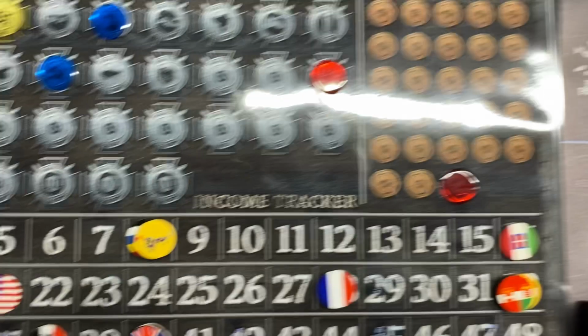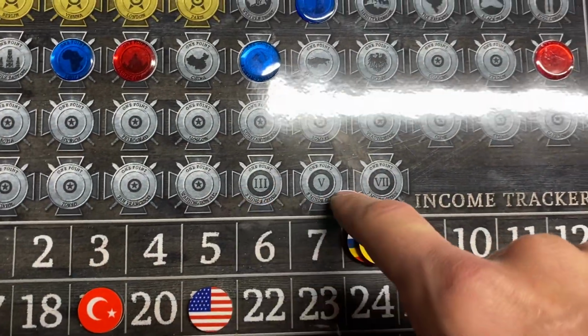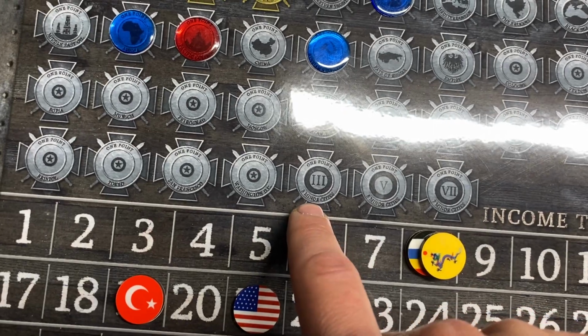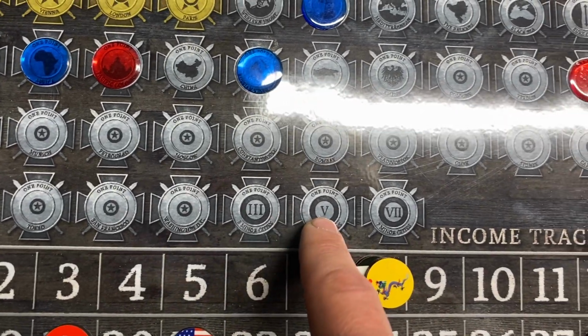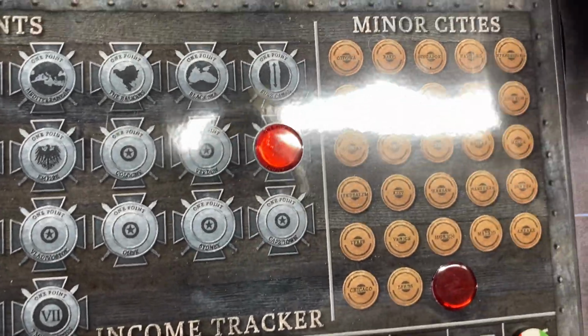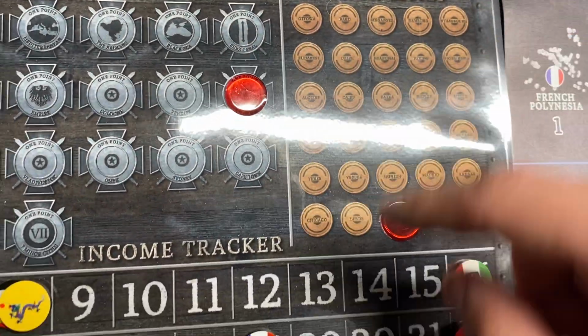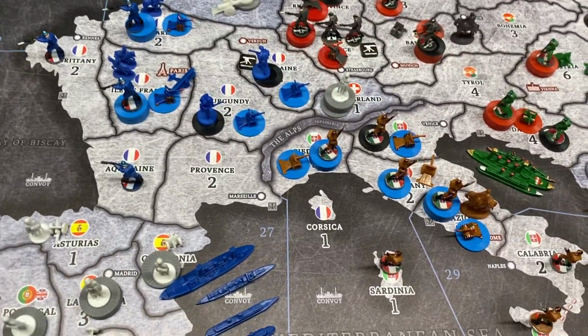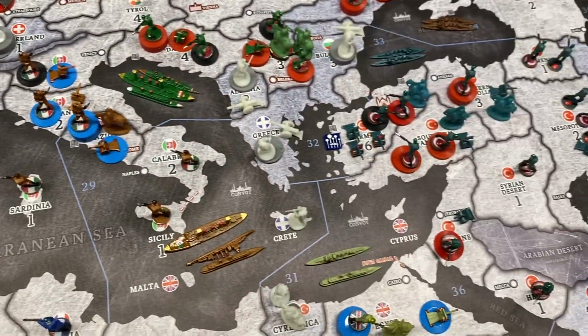So 3 of these victory points here in silver are related to the minor cities. If you control 3 minor cities, that's 1 point. 5 and 7. And this is a little helpful guide over here with these little bronze medals to keep track of the minor cities. And those minor cities don't really serve a function other than those victory points, but it can be pretty interesting late in the game trying to snag some of these